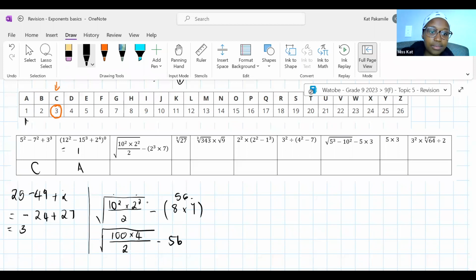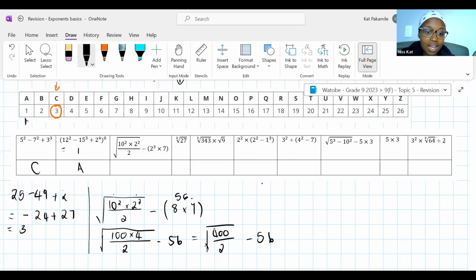Okay. Let's hope I didn't sabotage you guys here because I don't know where this is going. I had a plan in my mind and it worked. Okay, 10 times 100 times 4 is 400 over 2. Okay, I see why you got stuck. Sorry. It's the thought that counts, guys. Minus 56. This would be the square root of